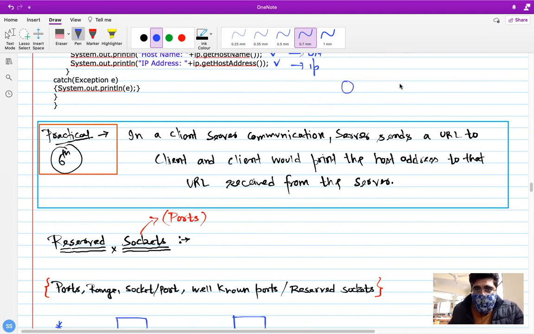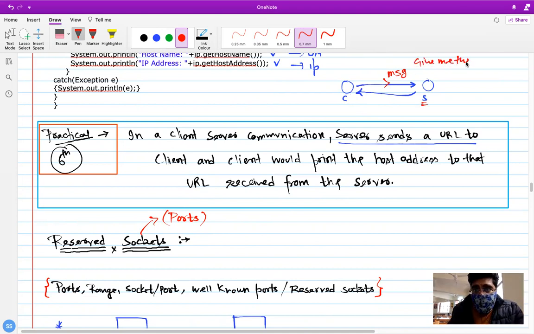So let's say we have a client and we have a server. Client is communicating with server and server is communicating with client. But here there is a catch. Server sends a URL. Let's say client is sending some message, saying, okay, give me the URL.